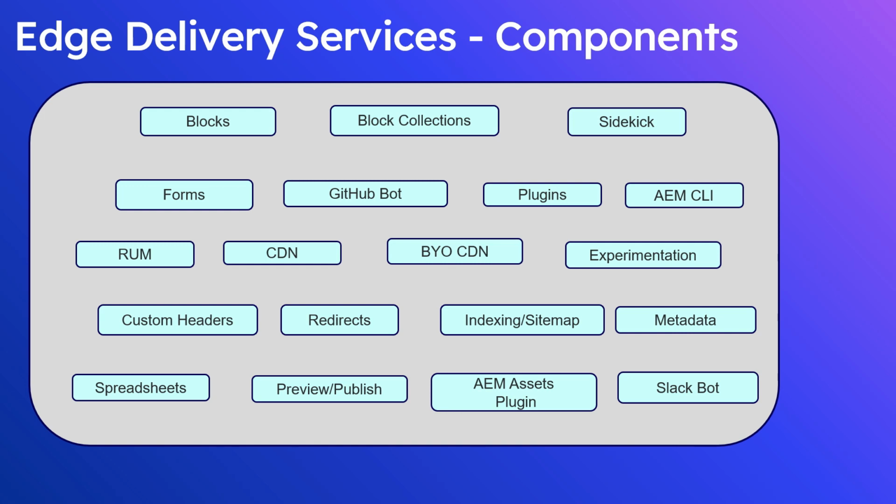You can define patterns to apply the custom response headers to specific URLs. Redirects. The URL redirects, which redirect users from one URL to another, can be enabled by adding rules to the redirects Excel file or Google Sheet. Indexing and sitemap. These modules help you to index the pages and generate sitemaps. The default behavior of the indexing and sitemap can be customized through the corresponding YAML file.